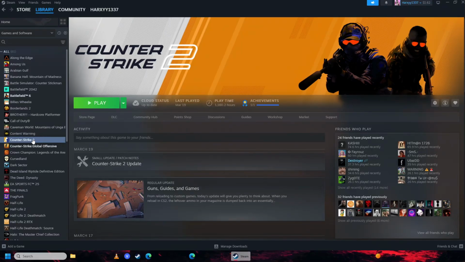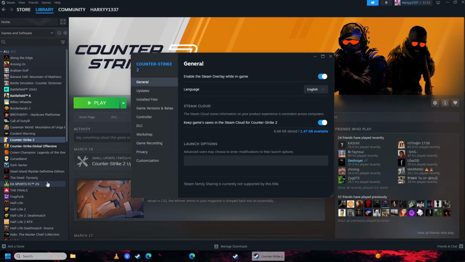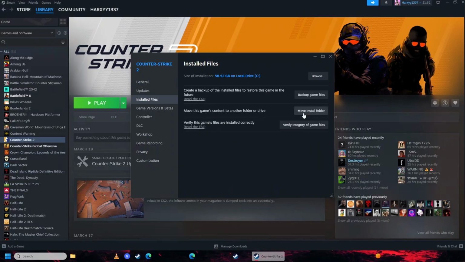I'm going to use it in the game as an example. You're going to go into properties and then into install files. Here, you're going to click on verify integrity of game files. Once you click on that, it will verify the game's files and it will re-download that CrimsonDesert.exe file that we